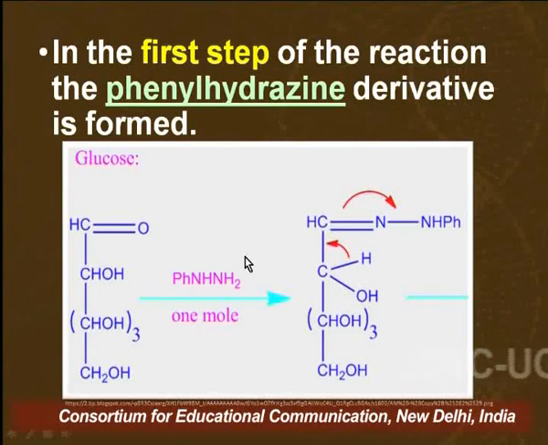Now sometimes in competitive exams, and this is a question for you, if the question is asked that when we treat glucose with one molecule of phenylhydrazine, what will be formed? So you have to answer this, and then the next question would be that you are treating glucose with excess of phenylhydrazine. So again the answer will be different. I think the answer is quite clear: what will be formed when we carry out the reaction of one glucose with the first molecule of phenylhydrazine.